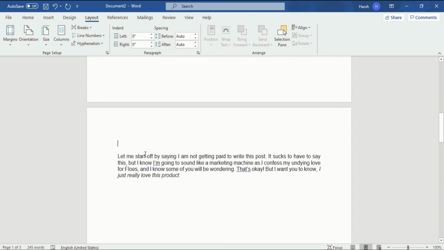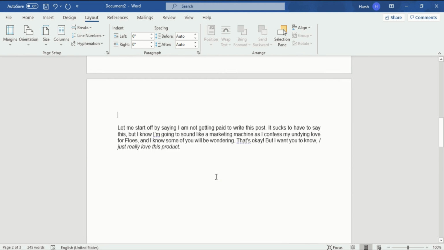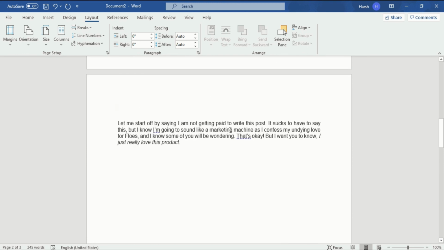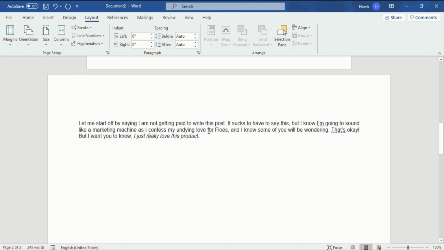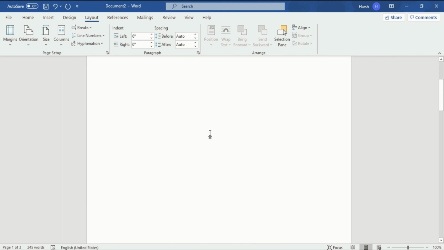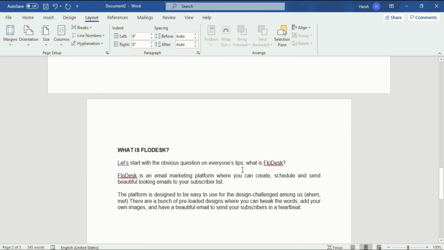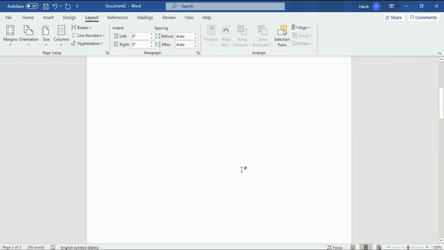In our case, we again go back to the page which we want to change to a different orientation. So I want to change the orientation of this page and make it landscape. You just have to click anywhere on the page you want to make changes in. Again, Orientation, I will make it landscape. It will take a few seconds. Now you will see our changes have happened. Now we have this one in portrait, the other one in landscape, and the third one in portrait. So this is how you change the orientation in the same file.